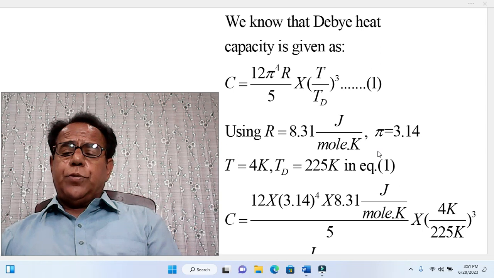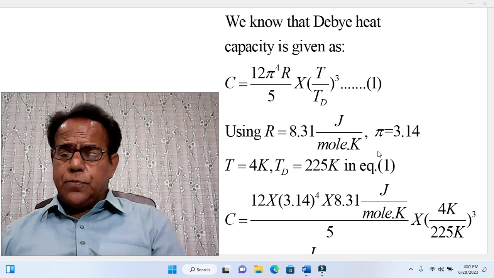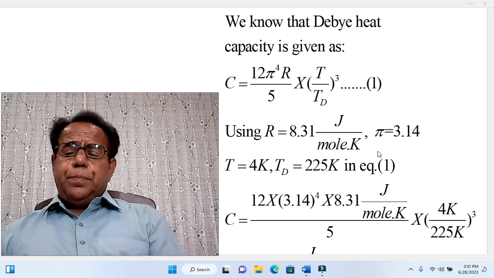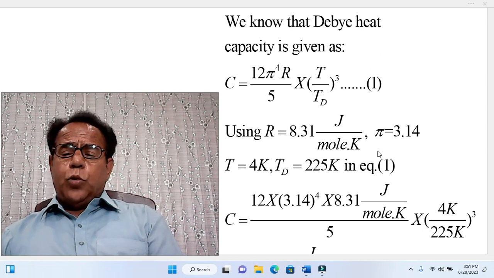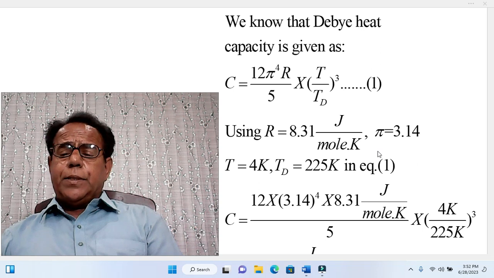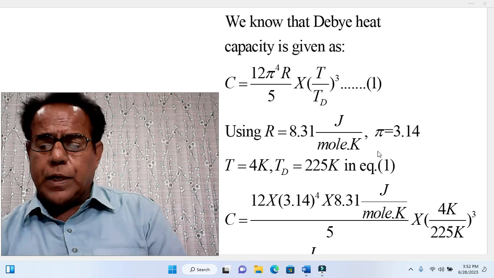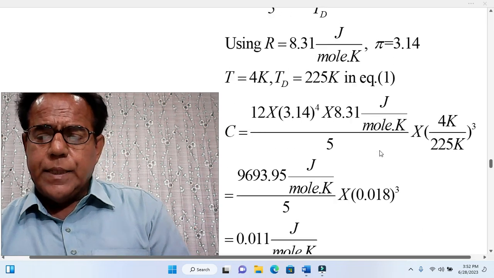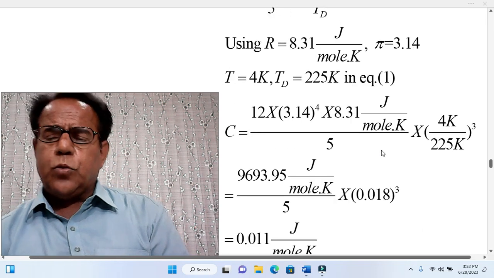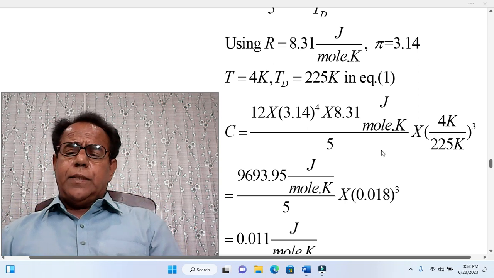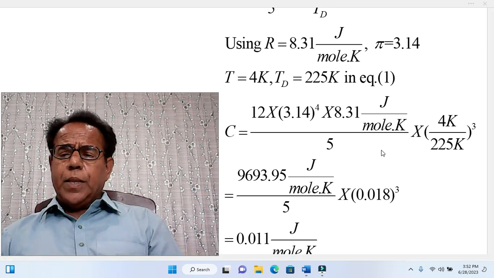Using gas constant R equal to 8.31 joule per mole Kelvin, pi equal to 3.14, temperature T equal to 4 Kelvin, Debye temperature TD equal to 225 Kelvin. In equation number 1 we get C equal to, after simplification,